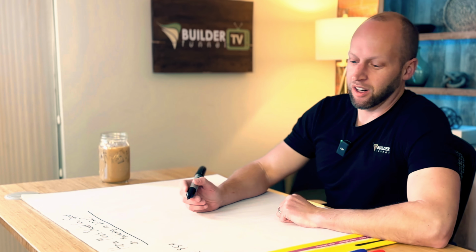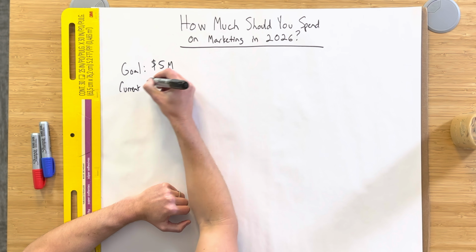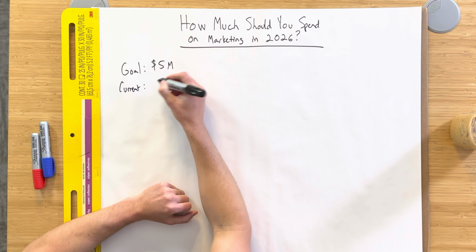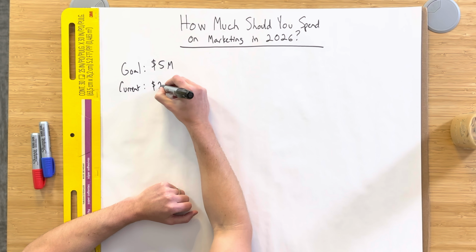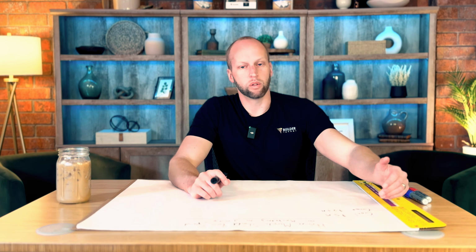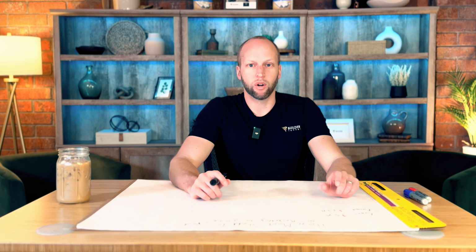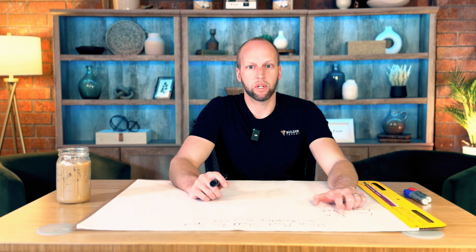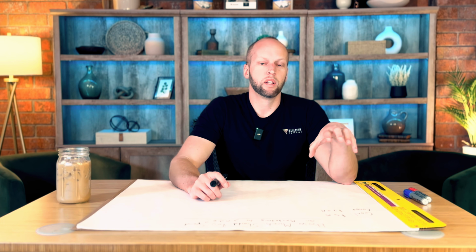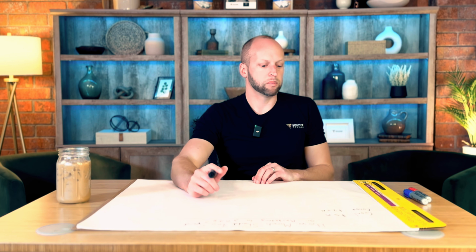We need to know our current situation. So what did we do for sales the previous year? So in this case, in 2025, if we did 2.5 million, then we're trying to double the business in 1 year. Okay, so this is helpful. Again, if you're a $1 million company trying to go to 5 million, or you are a $4 million company trying to go to 5 million, this will change how you think about your budget going into the current year.